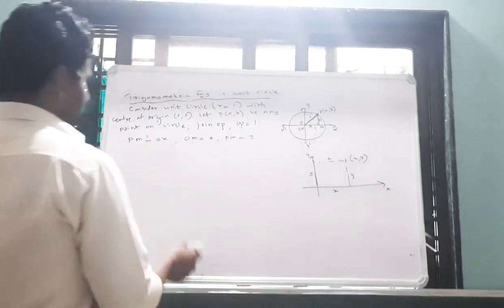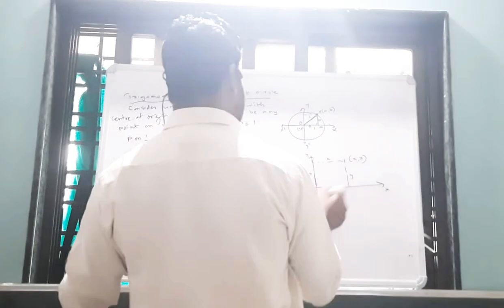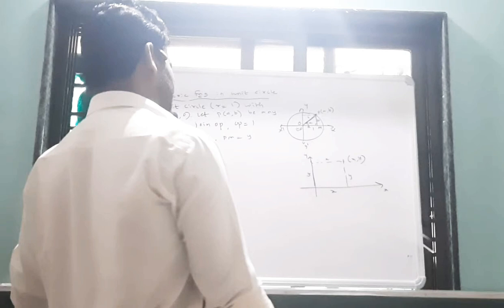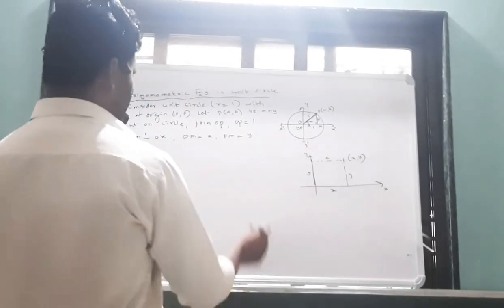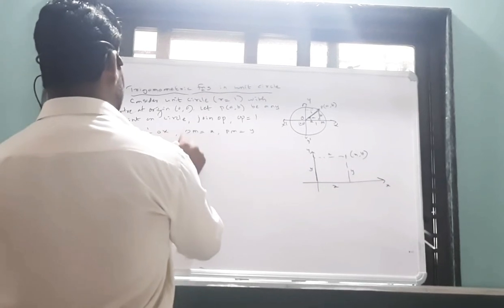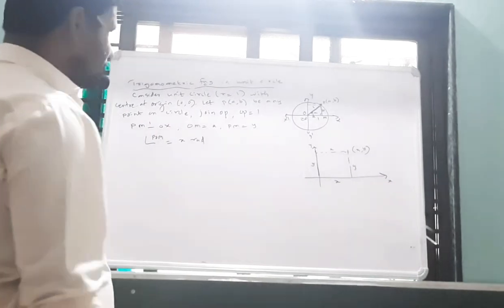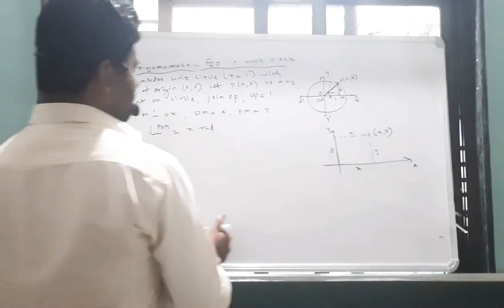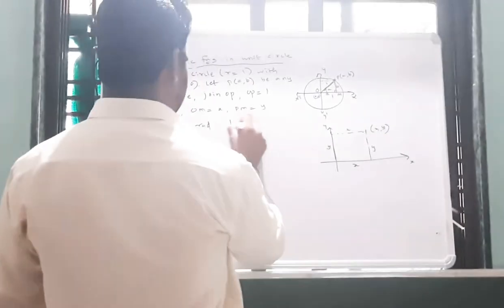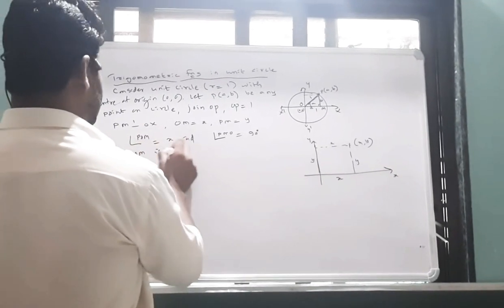So in the 10th class we have studied the definition of sine theta in terms of a right angle triangle. I take the angle at the center, angle POM, as x radian. Here one angle, PMO, is 90 degree. Triangle POM is a right angle triangle.